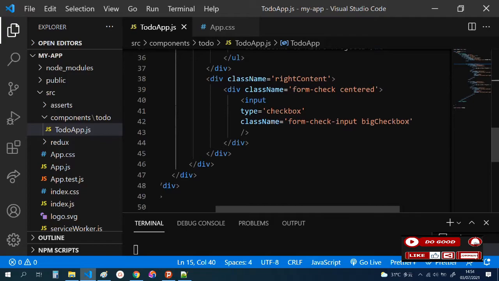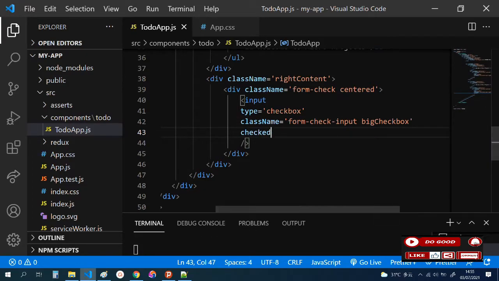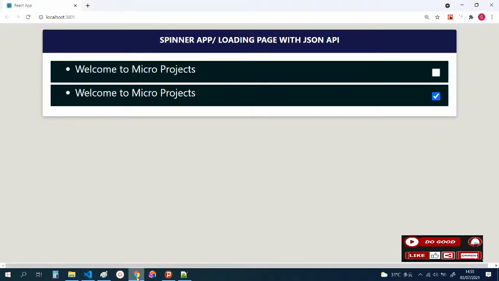Now to check it, you just add check. You realize that it will be checked for us. So that is that. Next is to use our Redux to load our API. But before that,